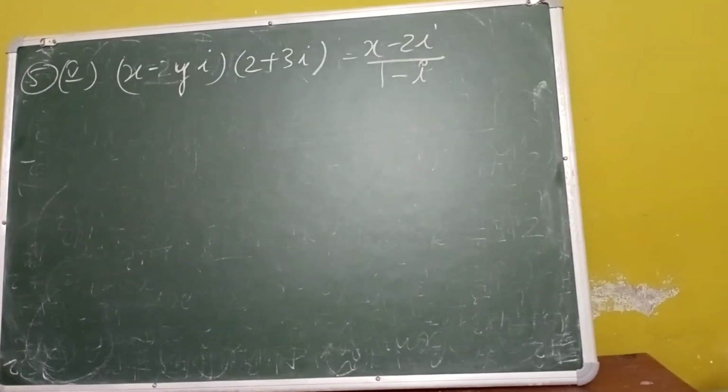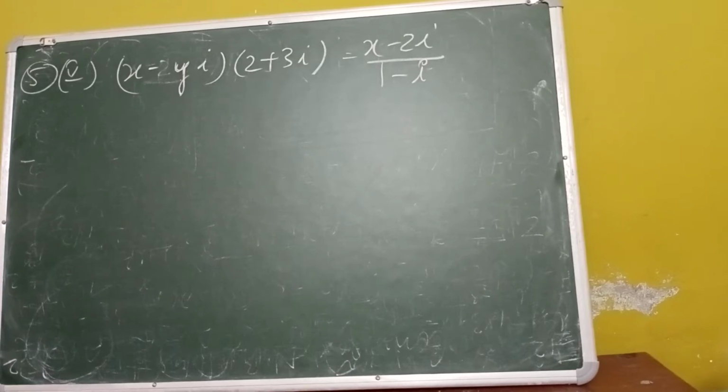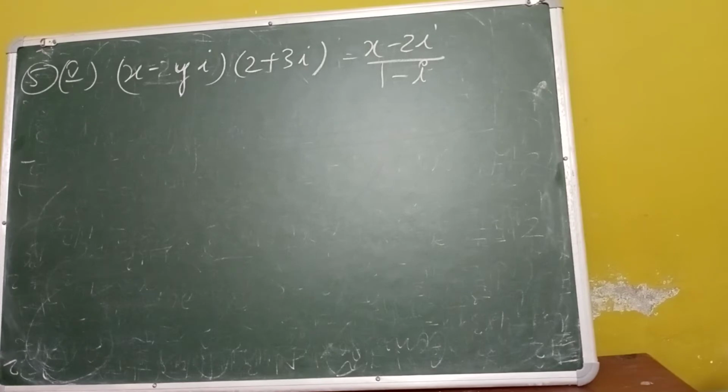Actually what we will do in this, first of all the left hand side we will make in the proper form of x plus iy, or we can say a plus ib. The right hand side also, as it is given 1 minus i in the denominator, we will apply the conjugate and we will also make it in the form of a plus ib. Then we can compare the coefficient of i, and the term that is without i, from the left hand side and right hand side. Then we can get the value of x and y.